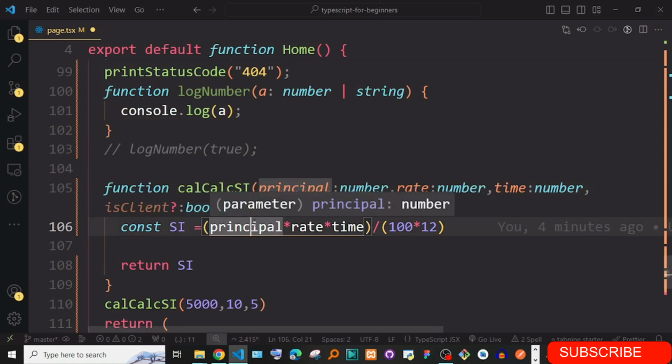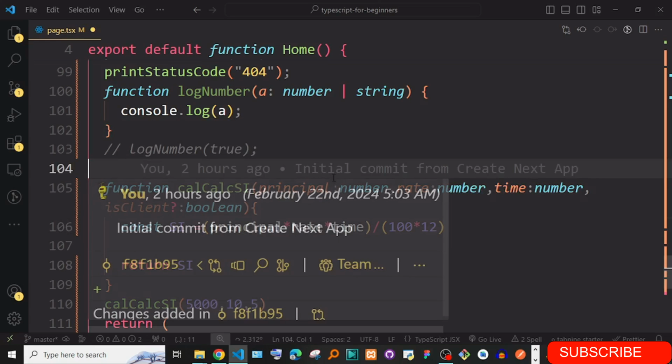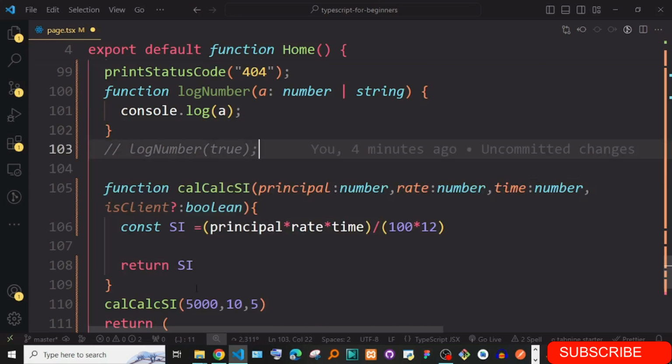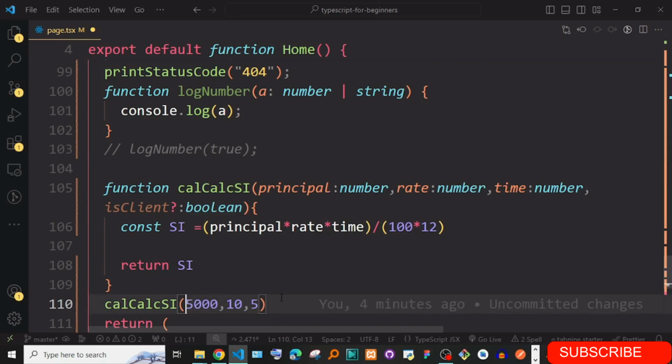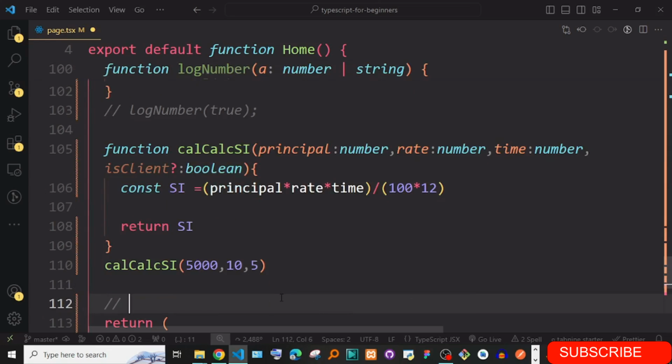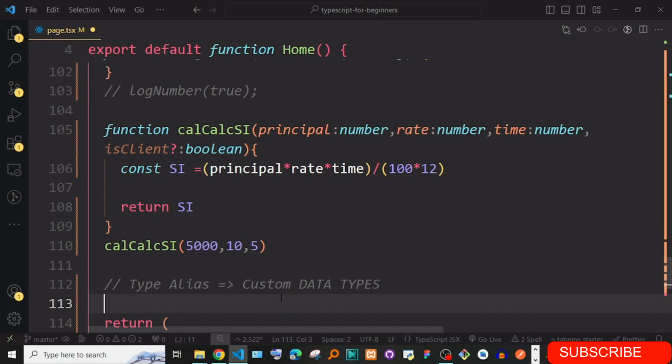So basically what you can do is also define your own custom types. This is why we look at type alias, what I normally call custom data types. So this means you are creating your own type, you define it, and then you can start using it.